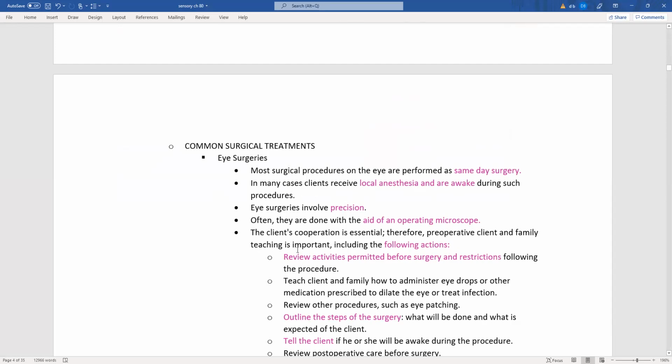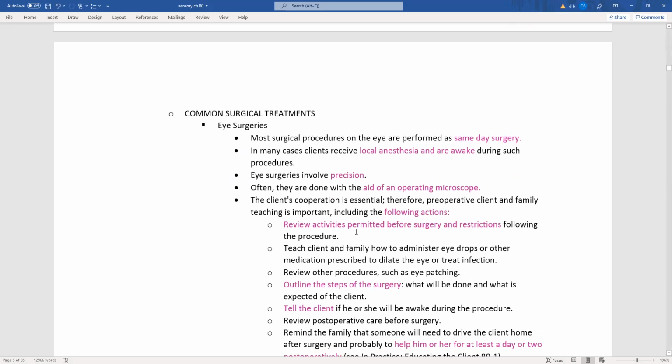The client's cooperation is essential. Therefore, preoperative client and family teaching is important. The following actions are review activities permitted before surgery and restrictions following the procedure. We want to teach clients and families how to administer eye drops or other meds prescribed to dilate the eye or treat infections. Review other procedures such as eye